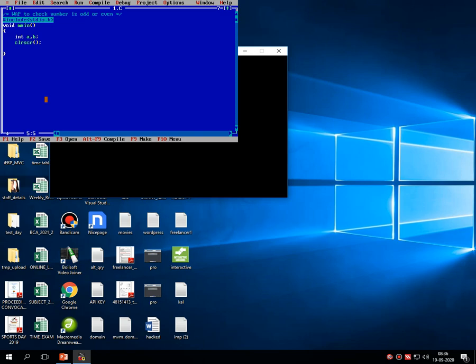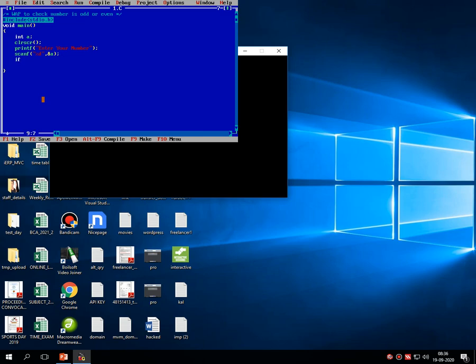Okay, we are checking a single number for odd or even, so we take a single variable: int a. Then clrscr, printf "Enter your number", scanf "%d", &a, which takes the input from the user and stores it inside the variable a.